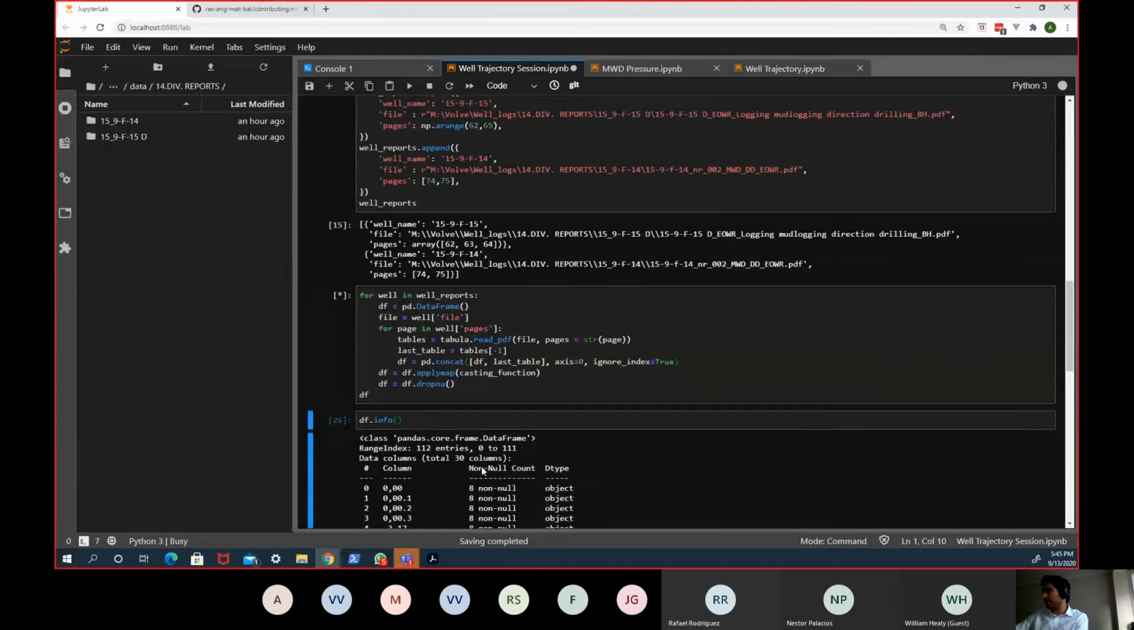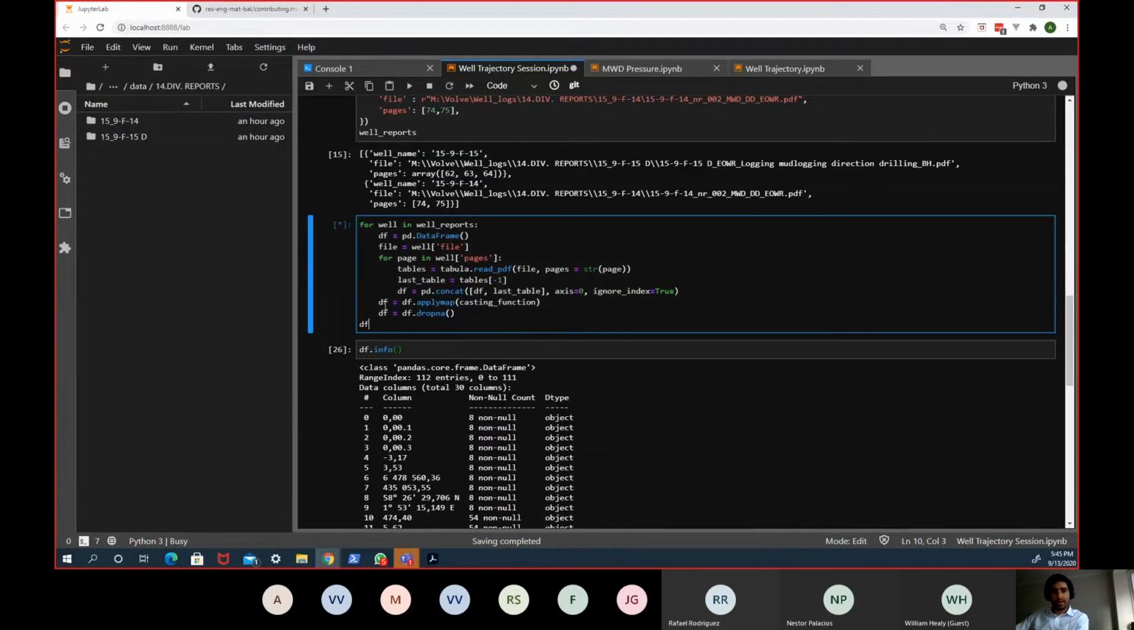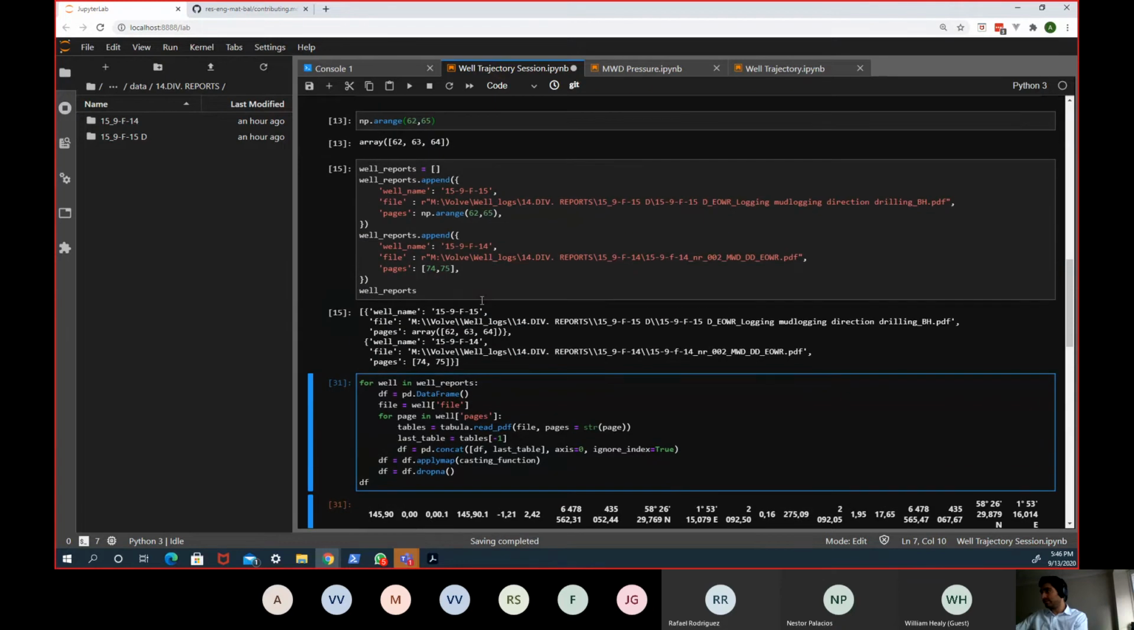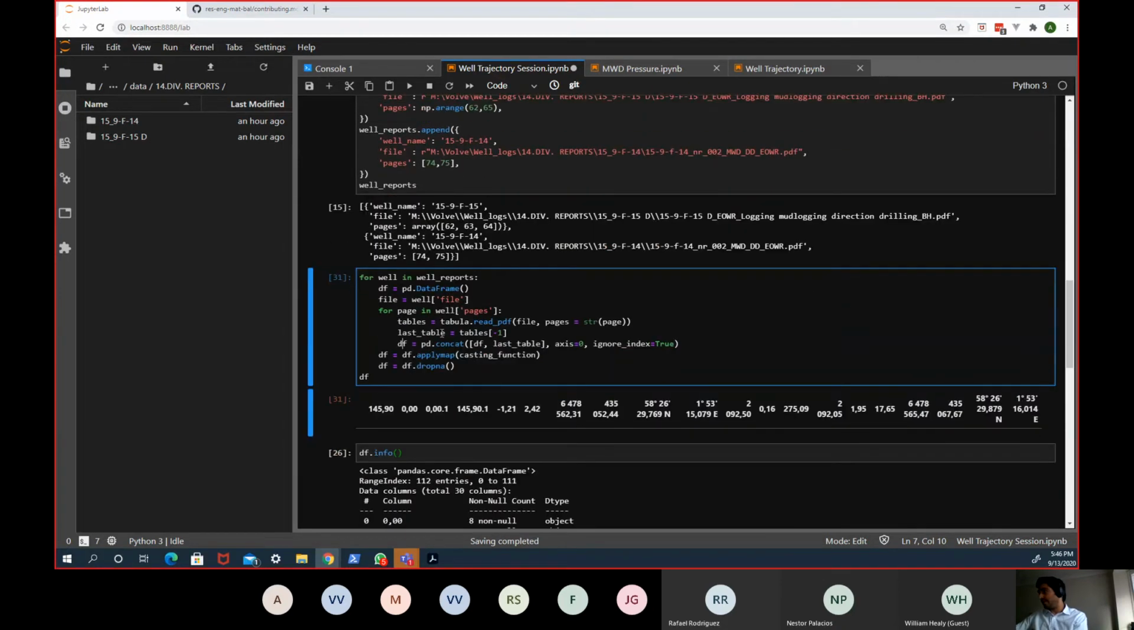Let's see what's happening here. So up to this point, I'm not doing anything with the data, but what I want to do is first of all get the deviation survey for every well, and this is where we have to use